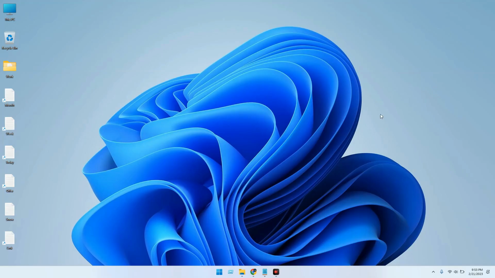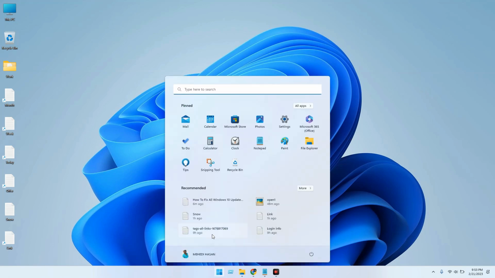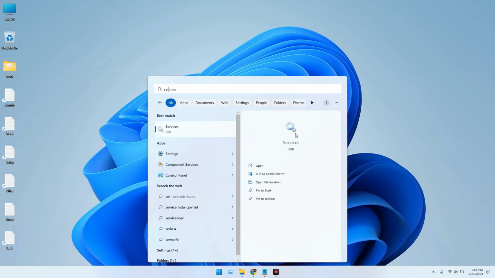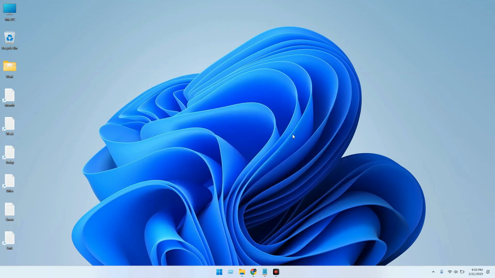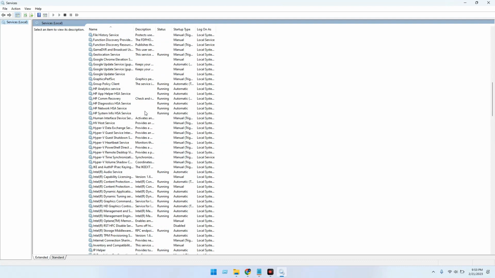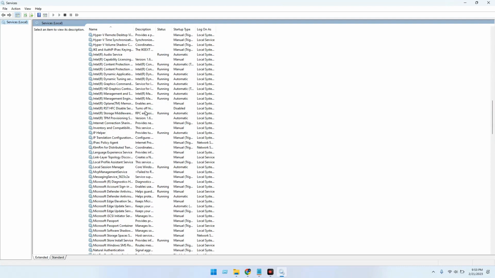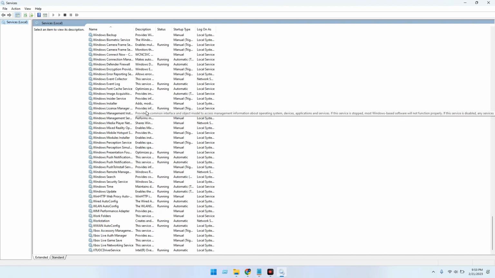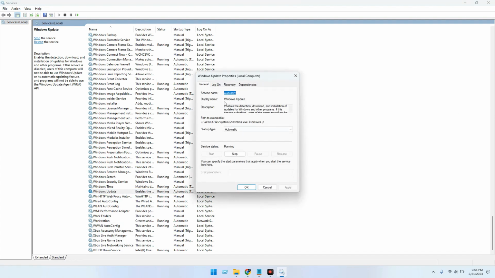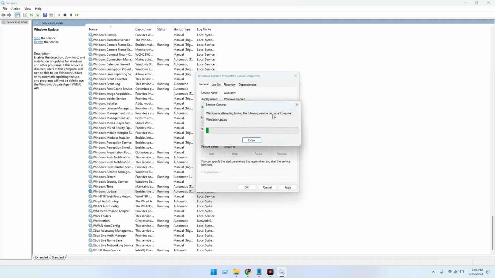First of all, you have to go to your PC's services, then open it. After opening services, you have to scroll down and find Windows Update. Here is Windows Update, and then right click on Windows Update and go to properties, then select here automatically, then